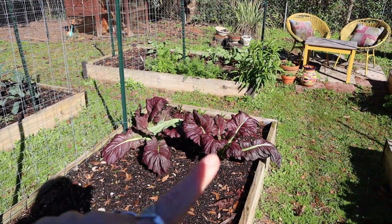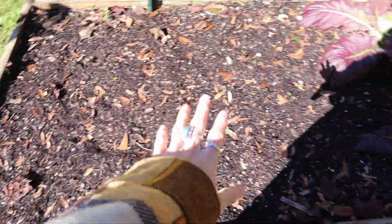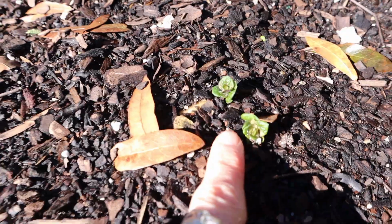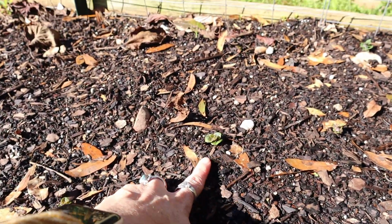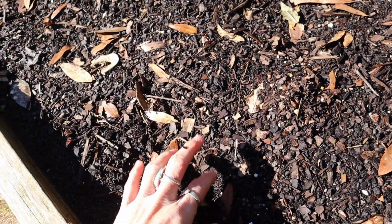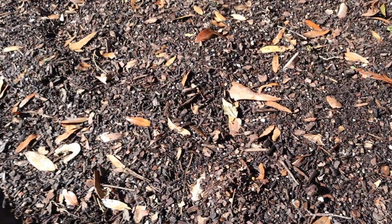So in this bed, I have my Japanese red mustards. And also, this entire section, I just recently planted some potatoes, which I am just now starting to see sprout, which is pretty cool. They were blue Adirondack and red Norland, I believe, if I remember correctly. Potatoes that I planted in here. So my hope is that I would be able to harvest these before I move from here. So I really, really hope that plays out, where they can get big enough for me to harvest before I